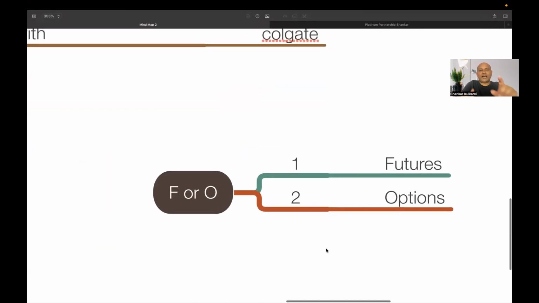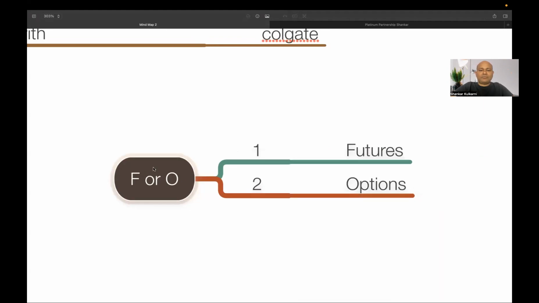First and foremost, they are derived from the stock. For example, there will be an underlying instrument, and these are the derived instruments. Let's say, for example, there is Infosys. Infosys futures is derived from the Infosys stock. Clear? Infosys options is derived from the Infosys base stock. That's the first one.